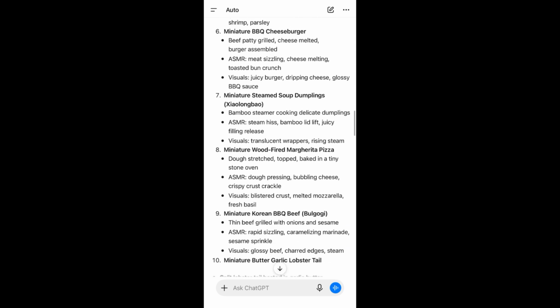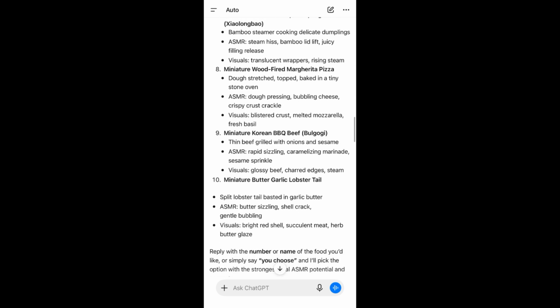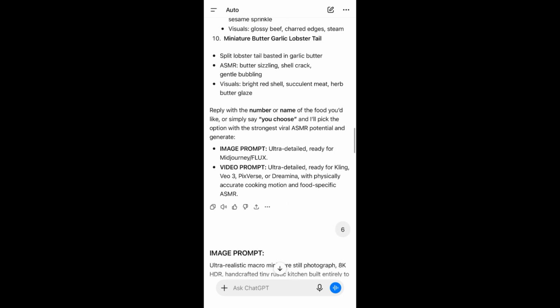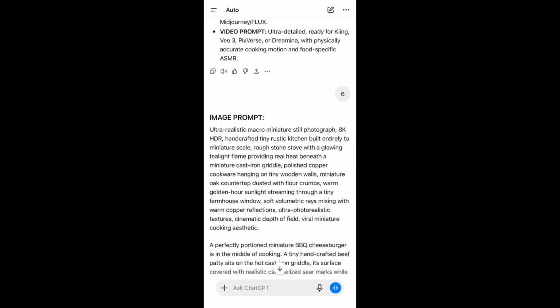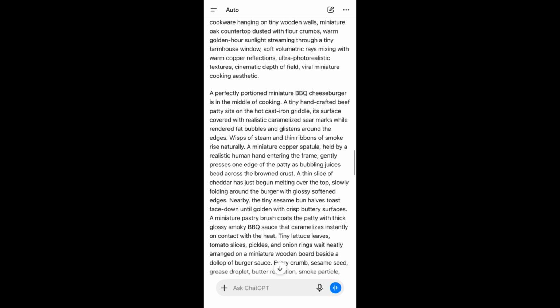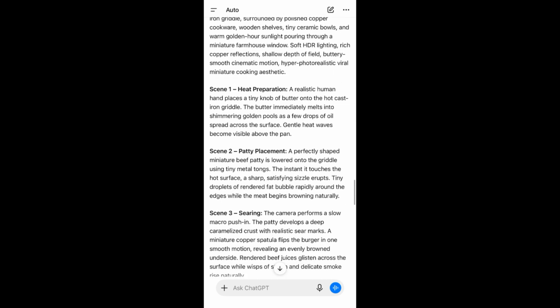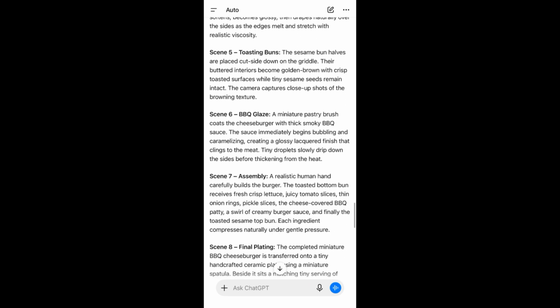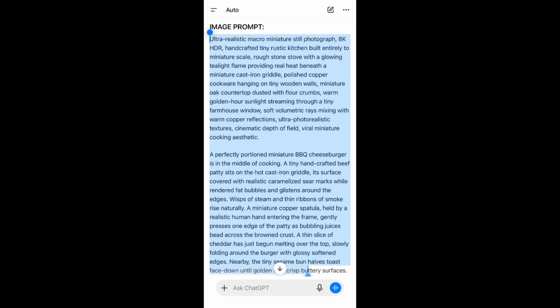Then you are going to pick the one you like. Okay, I picked 6. You just have to pick the number of the one you like. Once you pick it, ChatGPT will generate the image prompt and the video prompt for you. Okay, so that's all you need. Once ChatGPT generates the image and video prompt, you copy the image prompts, then you head over to your Google